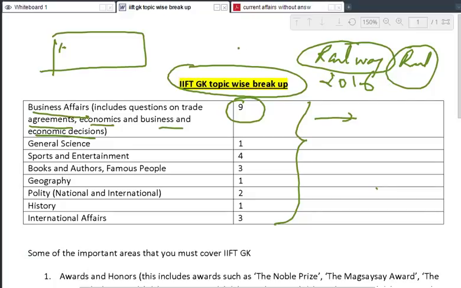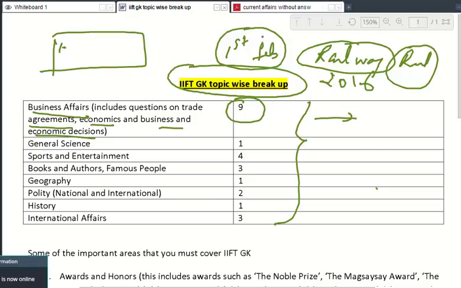The budget is usually presented in the lower house, the Lok Sabha, on the last or second last day of February. But this year it was presented on the 1st of February. So again, this was a big change. You might expect some significant questions, but not very intricate ones. For example, you might have so many schemes passed by the government of India, but if there is some very important scheme, then you might have a question on that. But if it's a trivial scheme, you will not have a question on that.